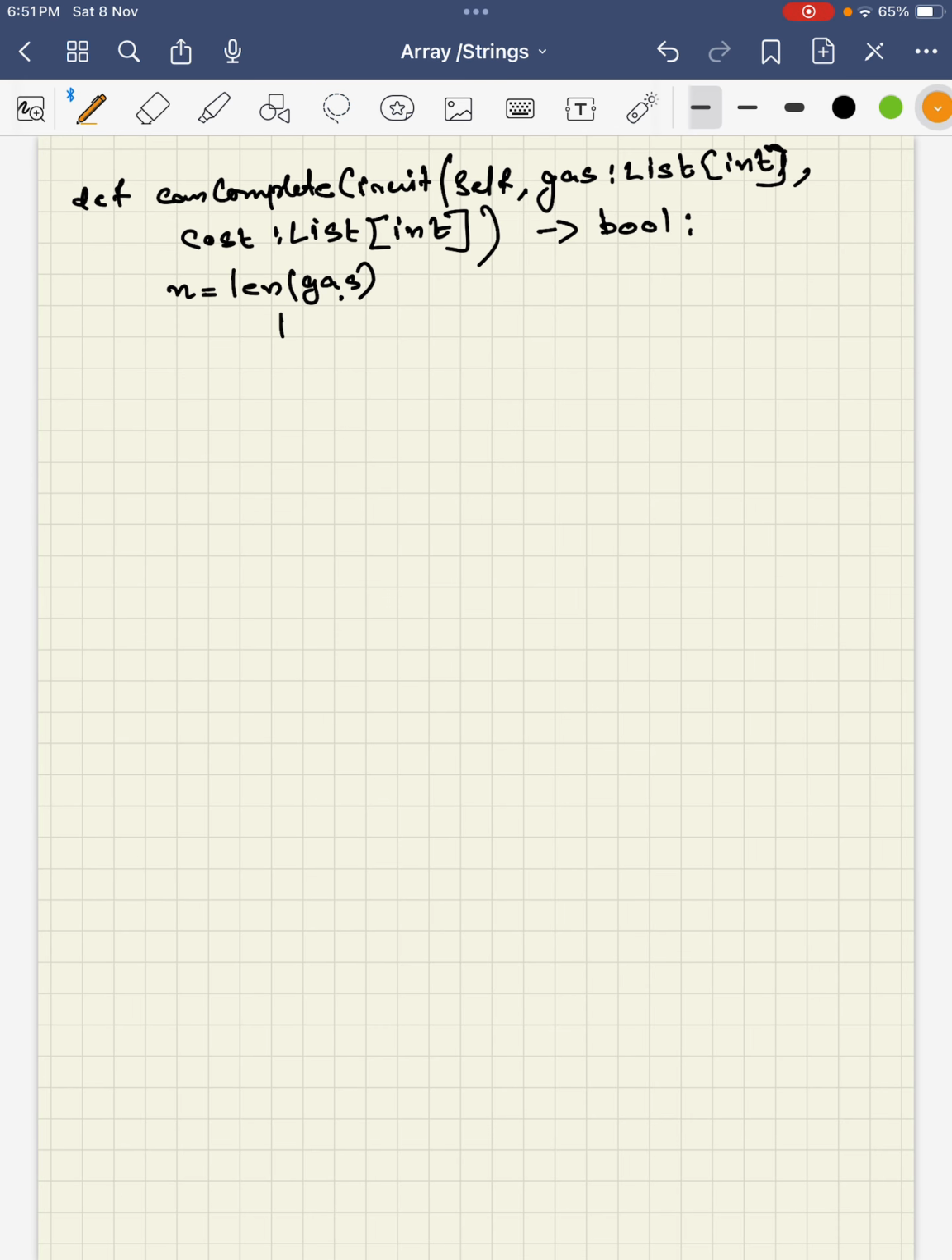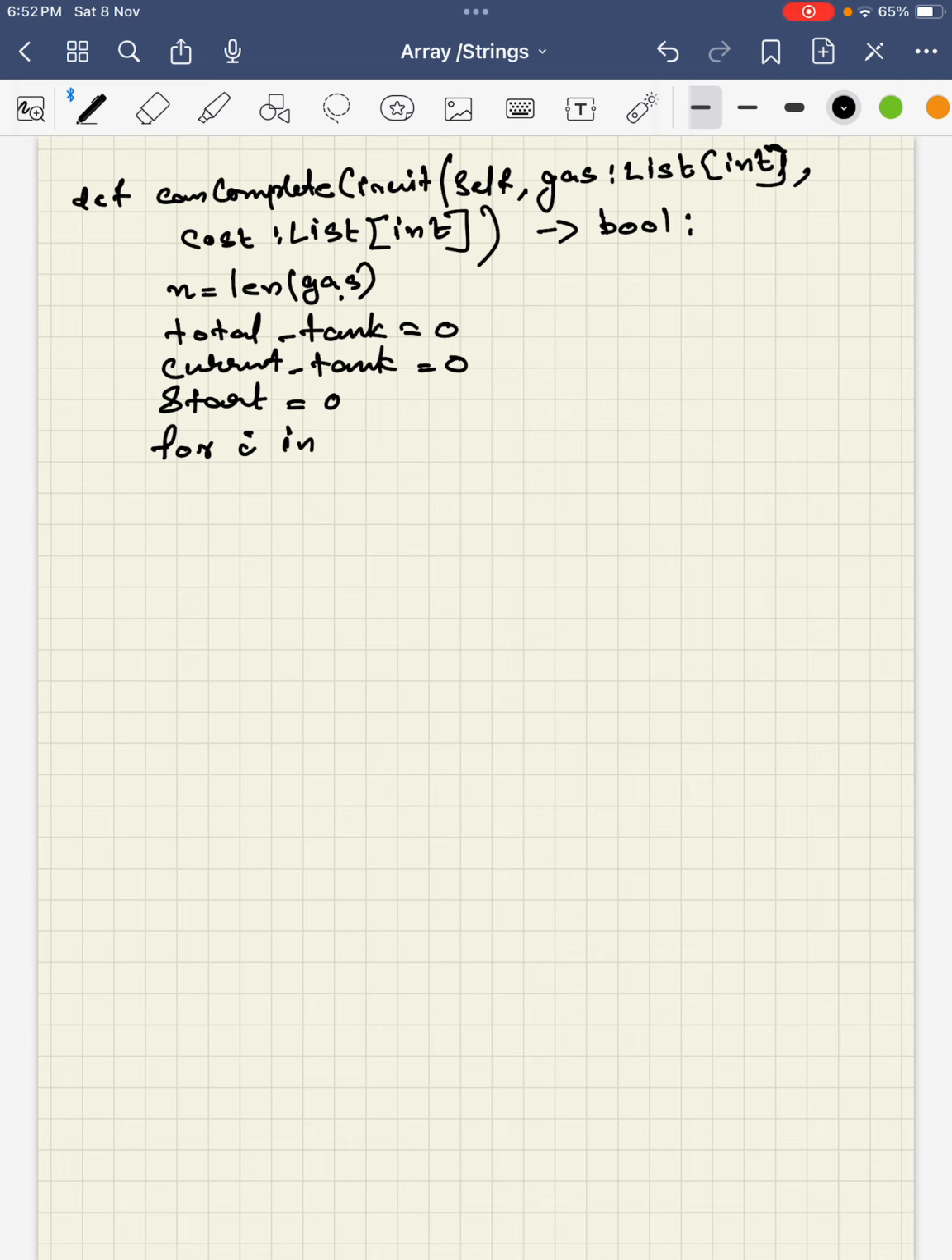Here it is. So here I am going to use a few more variables. One of them is total tank, set it to 0, and current tank, set it to 0, and the starting point, set it to 0. Then I am going to start the iteration, like for i in range of n,